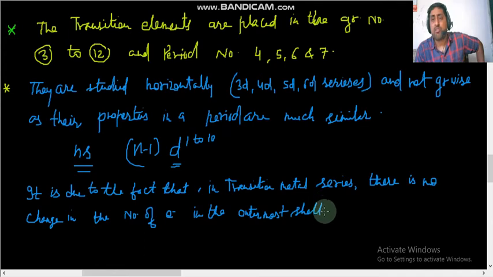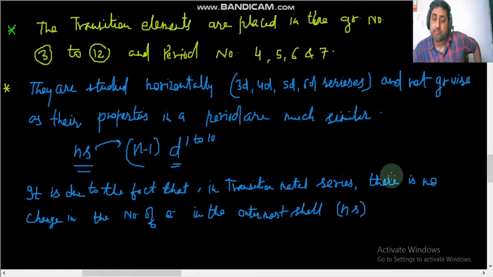Of course there is some shifting from ns to (n-1)d subshell due to more stability, to make the electron configuration more stable. Apart from that, the number of electrons in the outermost shell, that is the ns subshell of the outermost orbit, are going to be fixed. Okay,